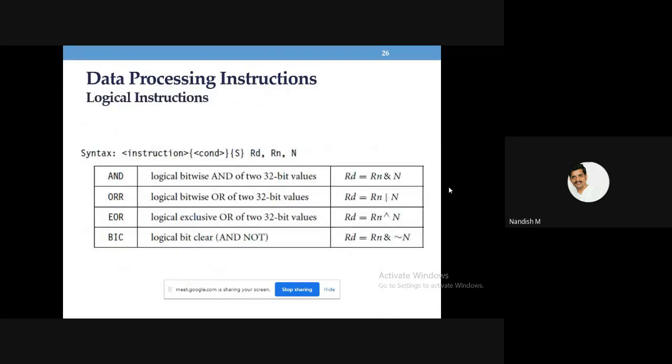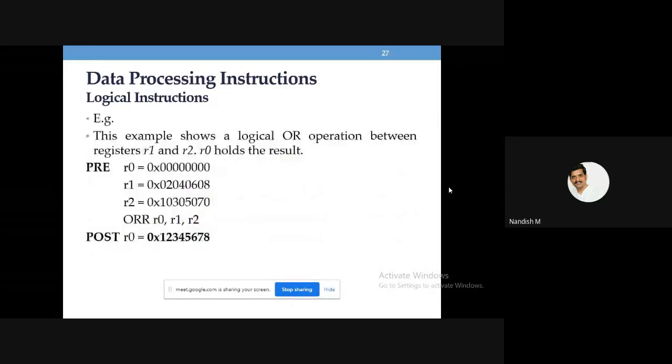And after that, logical instructions. It is bitwise, bit by bit logical operations that happen. That is AND, and OR means ORR. Remember, it is not OR. It is not two letters, it is three letters. ORR, three letter instructions they have followed. That is why it is ORR. And for exclusive OR, it is EOR. For XOR, it is EOR. And the logical bit clear, it is BIC. Totally now 10 instructions we have discussed.